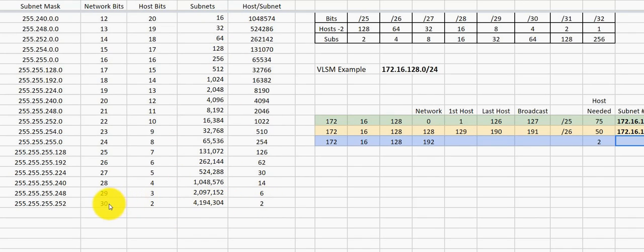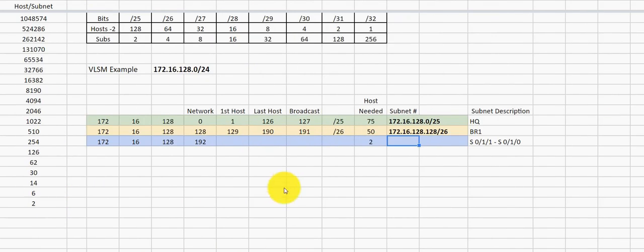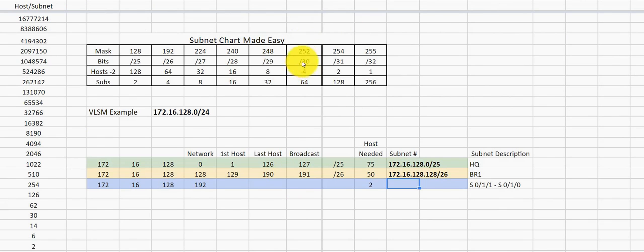So we're going to use the network bit of 30. If we look at our chart and say we're going to use the /30, we're going to count by 4. So we're going to say 172.16.128.192. Let's write this one, 172.16.128, and now we're going to take 192 and we're going to go up.